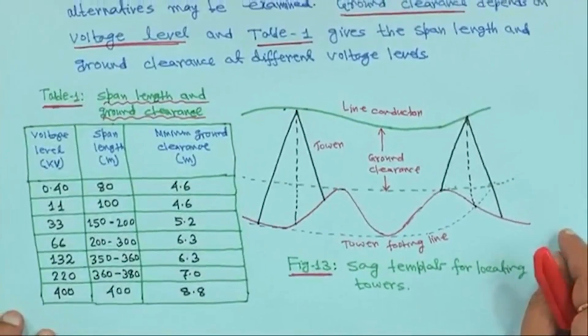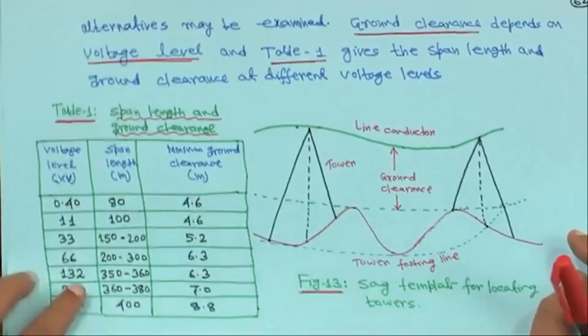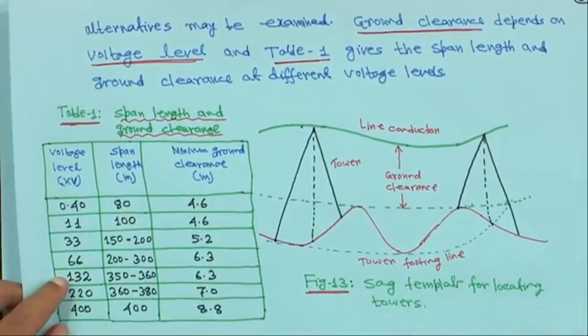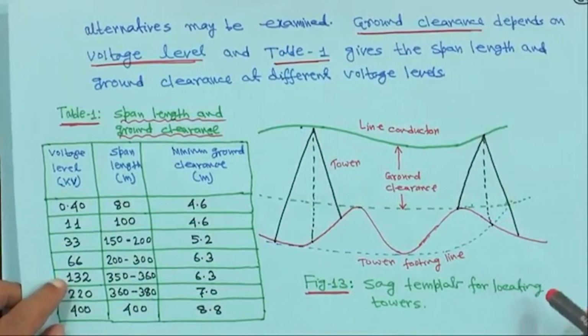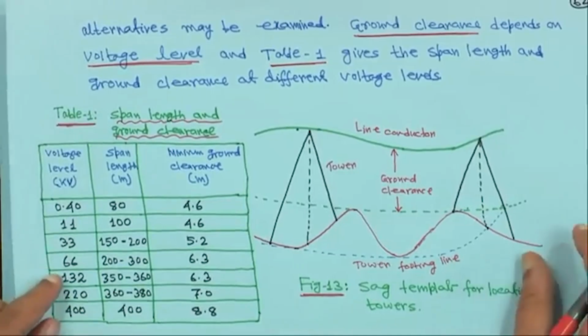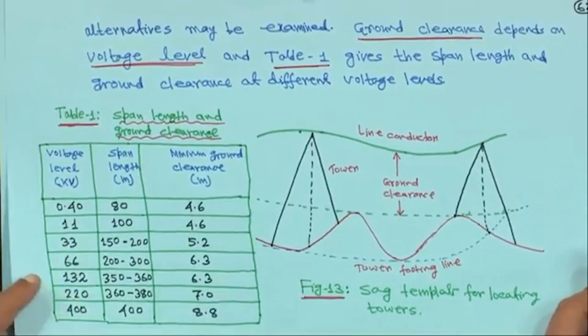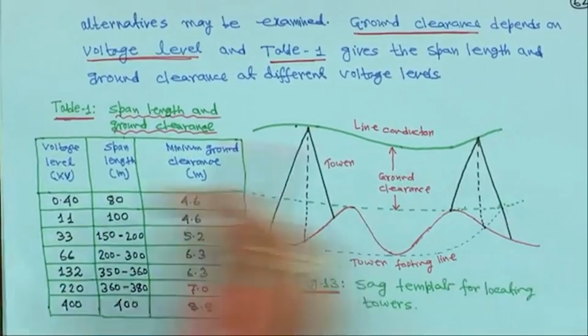This is required actually. So, this is actually called your sag template, right. It should give you ground clearance, then tower footing line, all sort of things, but may not be mandatory, but it may help you, right. Next